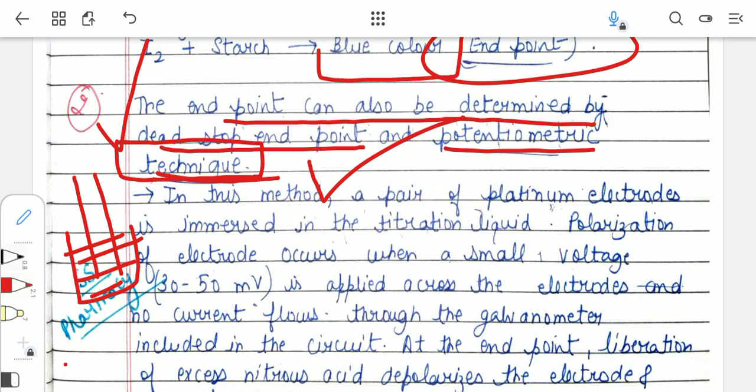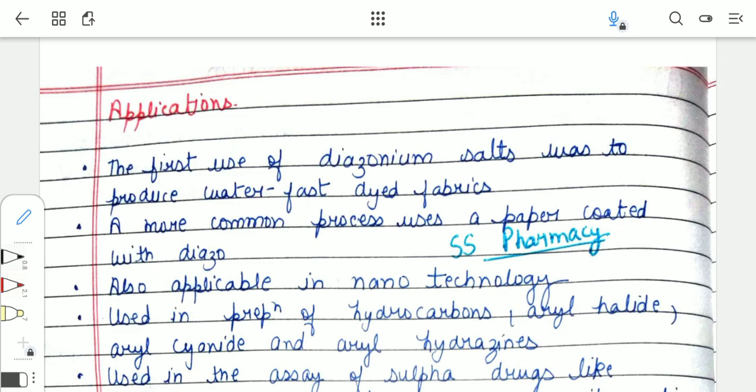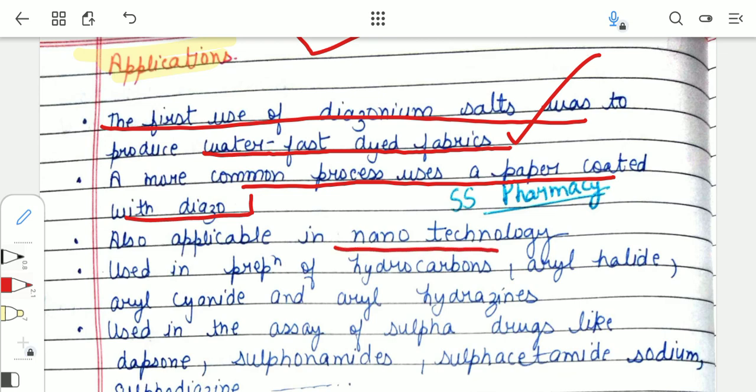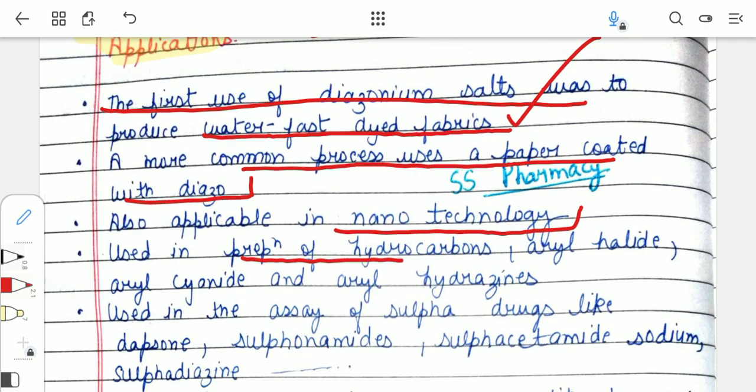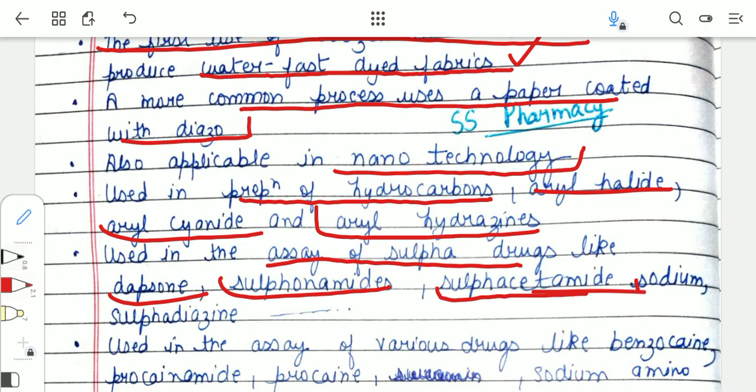Now let us move on to the applications. The very first use of diazonium salt was to produce water fast dyed fabrics. This is the most important use of these kinds of titrations, because they result in the formation of a large number of dyes, which are very important. A more common process was a paper coated with diazo. These are also applicable in nanotechnology, and are used in the preparation of hydrocarbons, aryl halides, aryl cyanides, and aryl hydrazines. They are used in the assay of sulfa drugs like dapsone, sulfonamides, sulfacetamide sodium, and